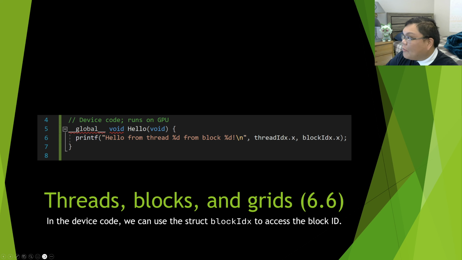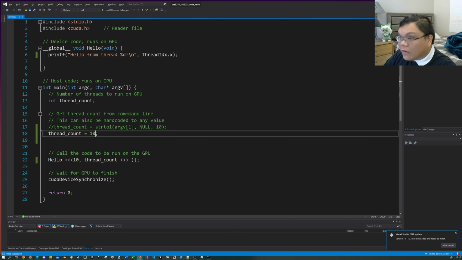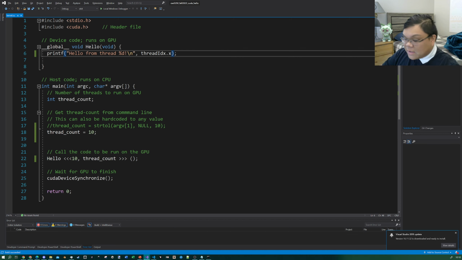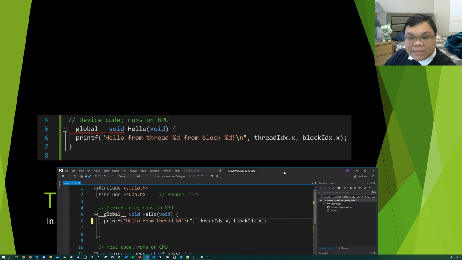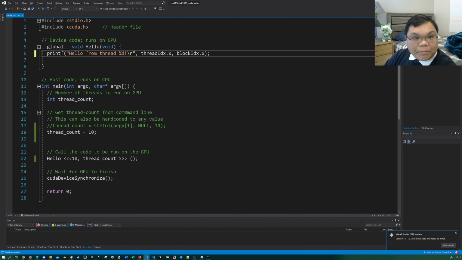So let's go modify this code so now we are printing the apartment number. We're gonna print out the block ID, not just the thread ID. So let's get on with that. So for this to work, I need another struct that is called blockIdx.x. Hello from thread %d from block %d. If I run this now,